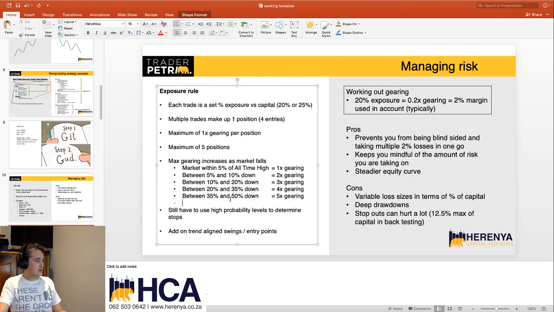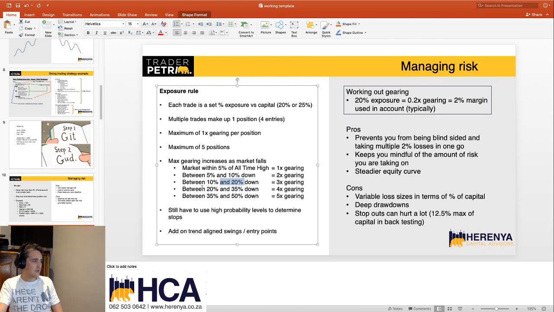And it works out to, if the market comes down 50%, you would have lost obviously a huge amount of cash in the process, but you'd still be long, you'd still have a position, and you would be 5 times geared. Okay, so your increments here are 5 between the all-time high and 5%, between 5% and 10%, between 10%